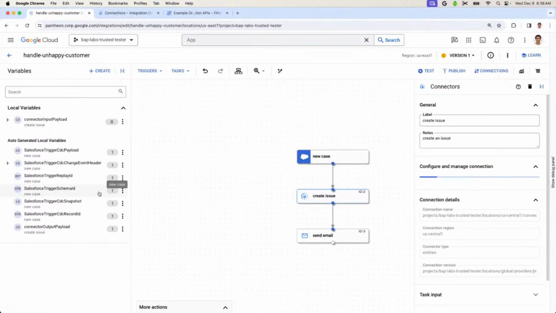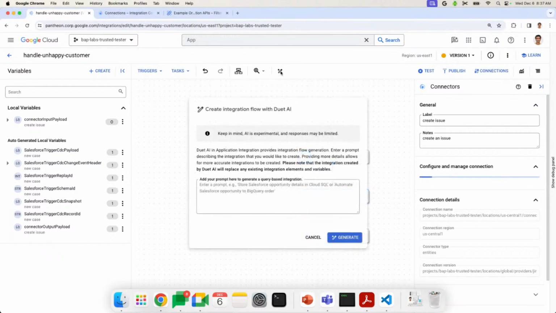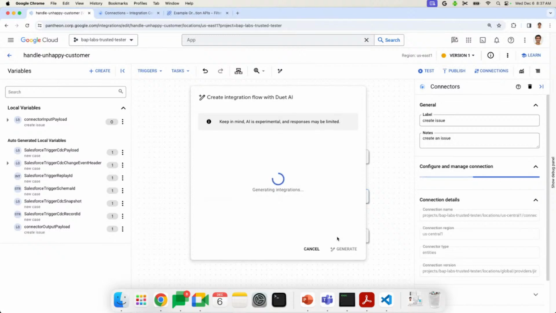Let's make it a little more spicy. Let's try and put Gen AI to the test, since I'm doing a live demo. I'm going to change the prompt, very simple. I'm transposing my statement: instead of saying whenever a new case is created, I'm saying that upfront. And I'm also saying create a ticket. What this does is build up the prompts required, passes the prompt to the LLM, and generates the flow.